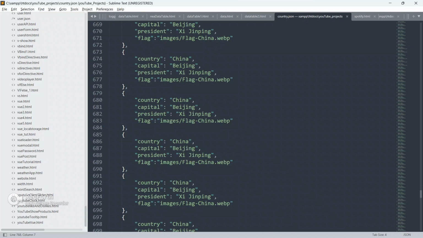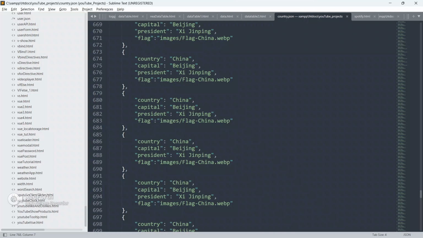You won't be able to display this much information in a plain HTML file. You have to write each and everything on your own manually, like country China, capital Beijing, president this, flag is this, ID is this, image is this.